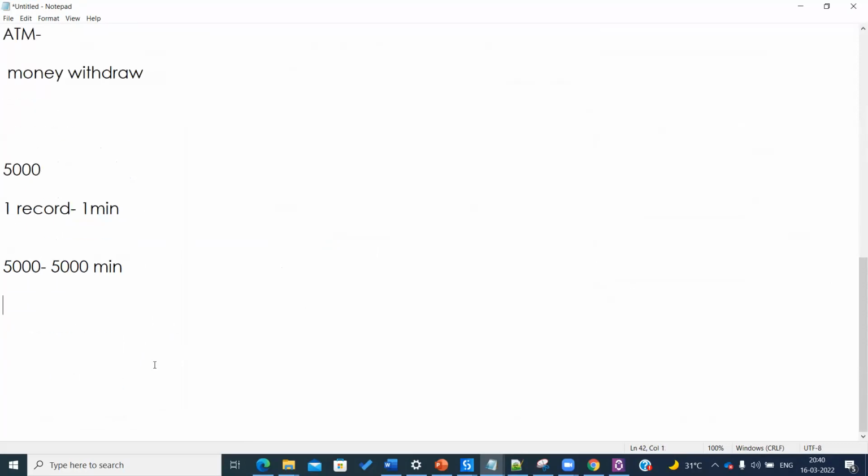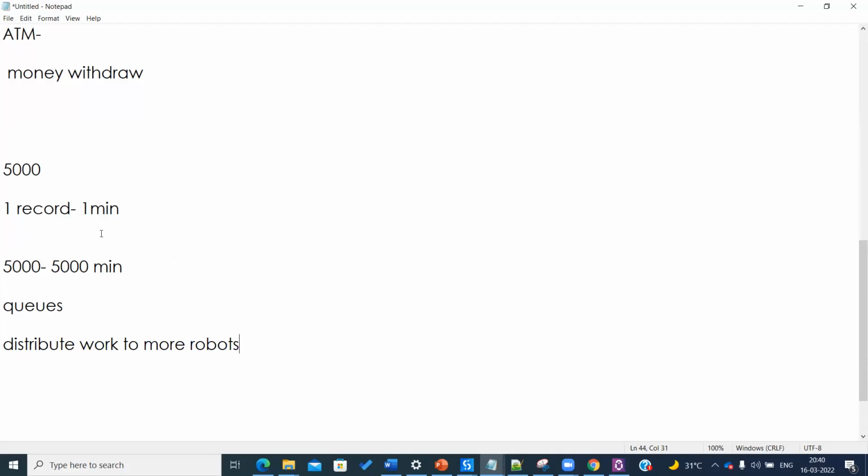Now if the client says no, we cannot wait for 5,000 minutes to perform these actions, but this robot is taking 1 minute per record, then how do you deal with this? Then I would introduce this queues concept, where you distribute this work to more robots.